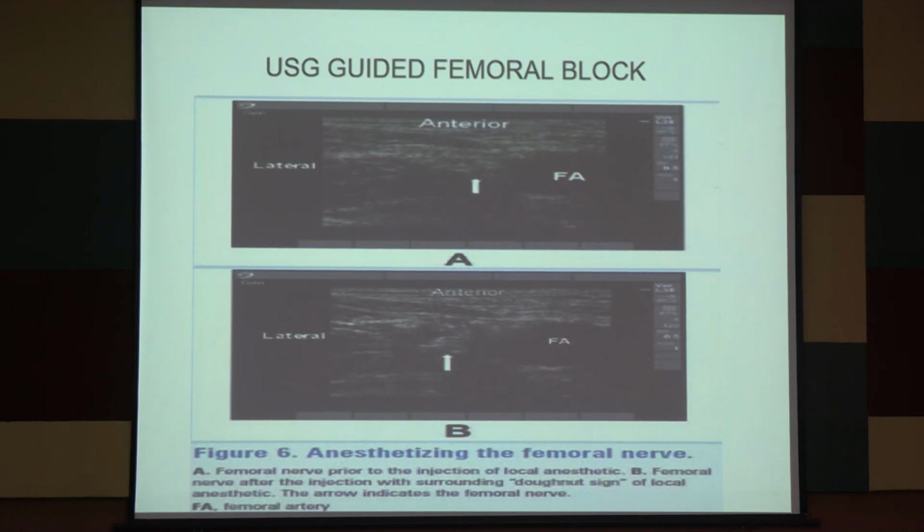This is for the femoral block. As you can see, this is the femoral artery. In the picture it is not understood that much. Once you put the probe over the femoral artery and press it, you can see the femoral artery cannot be compressed because the arterial walls are always thick. But when you see the femoral vein just medial to it, if you press the probe over it, it will get compressed. The circular structure which you can see on the screen will get closed in a minute. That's how you differentiate between a femoral artery and femoral vein. And the vein, you know, will be on the medial side, the nerve will be on the lateral side. That's how you identify the nerve and deposit your drug over there.